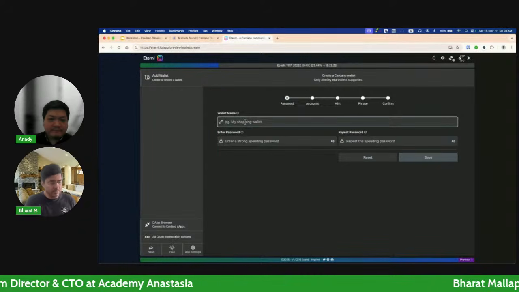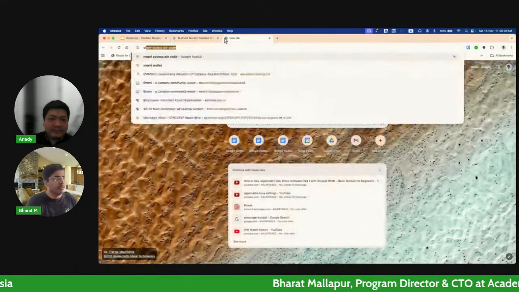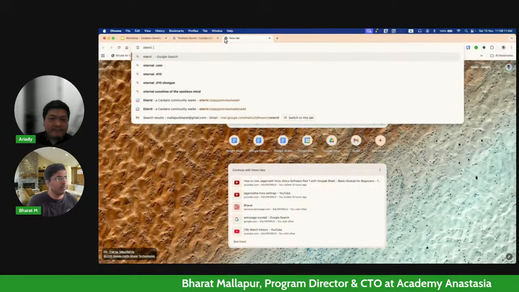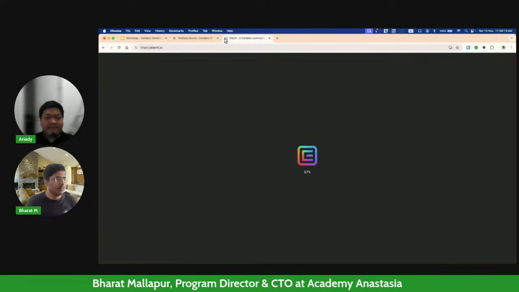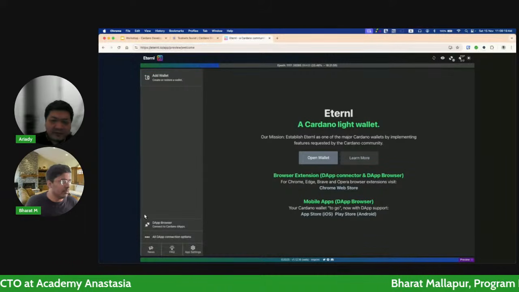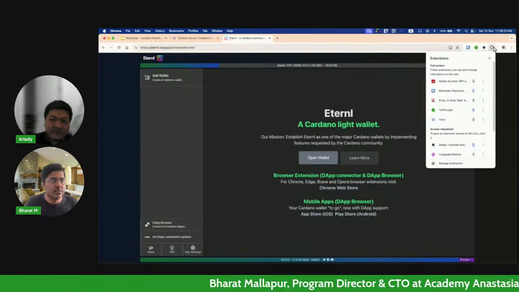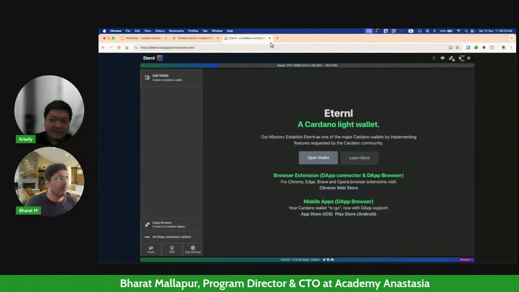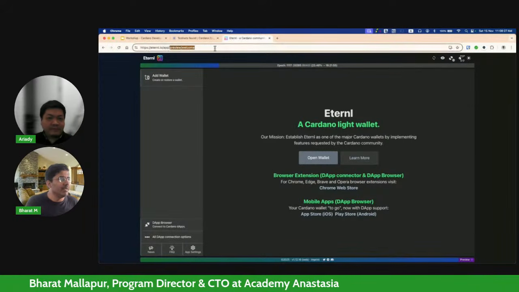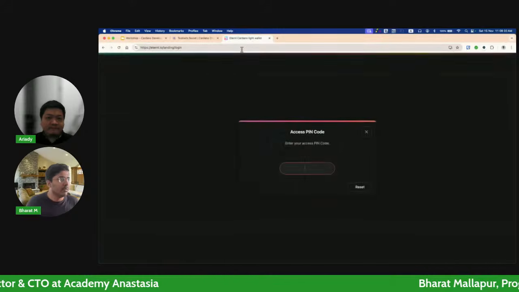This is not the normal flow of the path. I think this is the old version of Eternl, Bharat. Yeah, I have uninstalled it. I don't know why it's showing up. Maybe I have to reload it. Yeah, there it is.